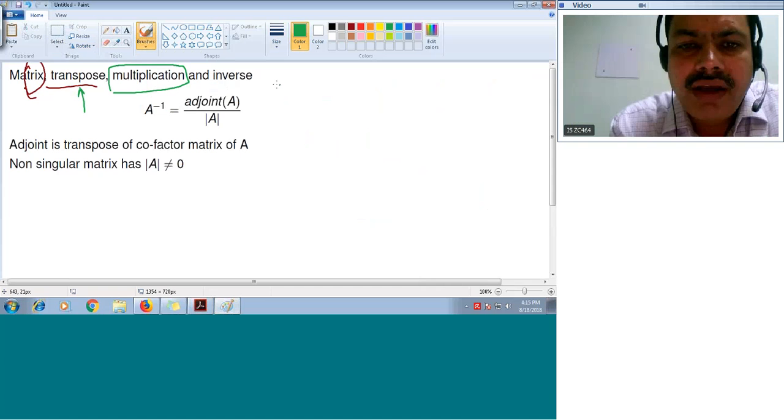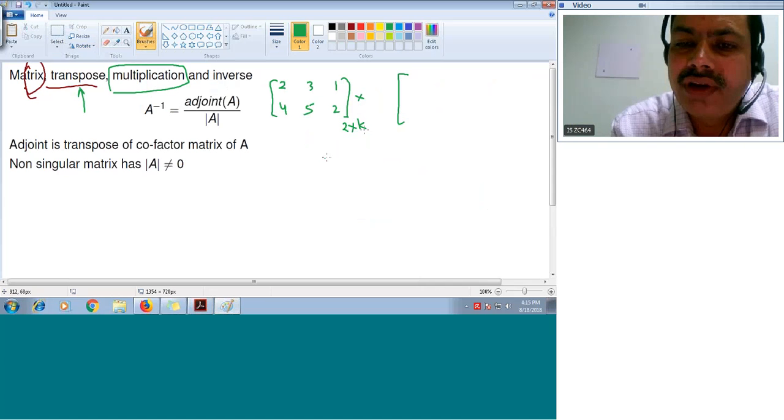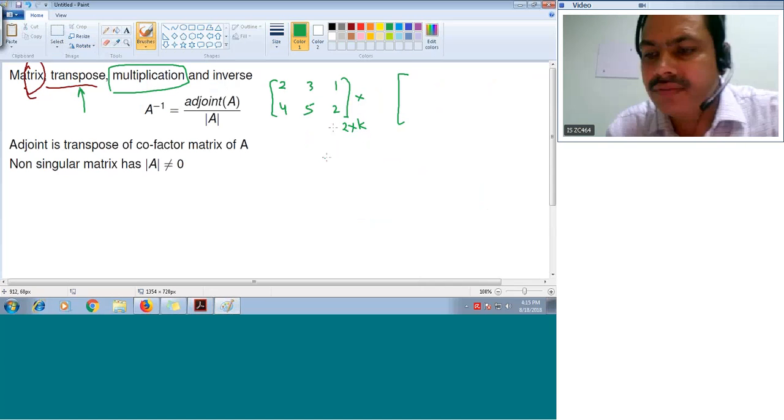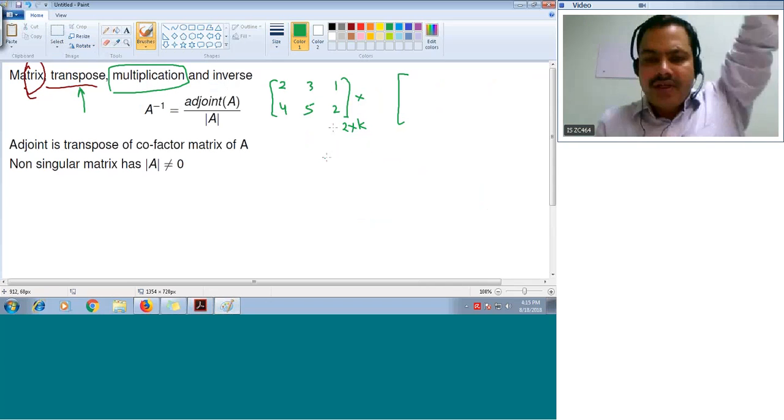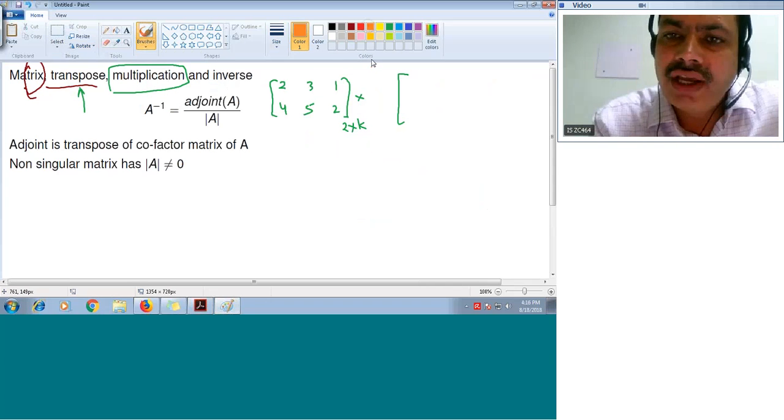I'm just going to give you one thing. Let's assume this is the matrix I have: 2 3 4 5 1 2, and this matrix is 2 cross k, let's assume. And here you know what is the value of k. Can anybody tell what is the value of k? It is 3, correct. So here the value of k is equal to 3 because it is a 2